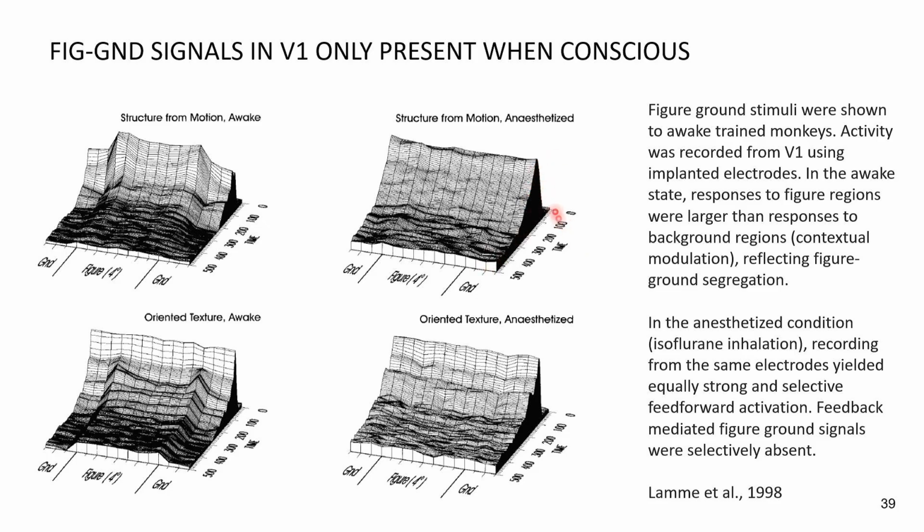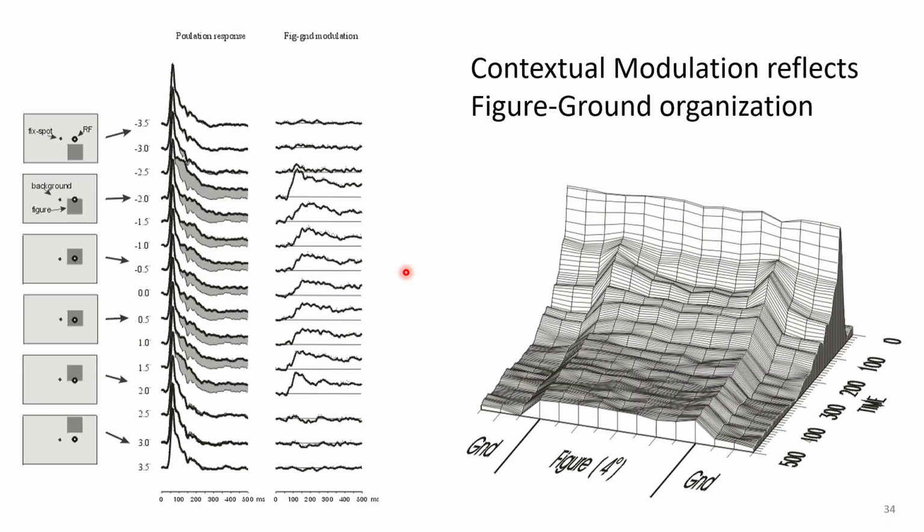So this is stimulus onset, and then you have 500 milliseconds after stimulus onset. You can see that there is still clearly a response to all the elements, whether they're on ground or on figure. Remember, this is the same thing as I showed you over there. So different receptive fields and different positions of figures,